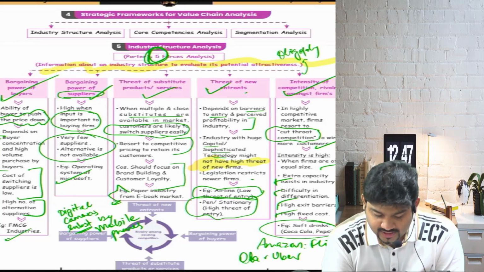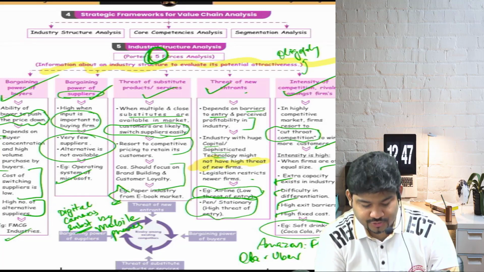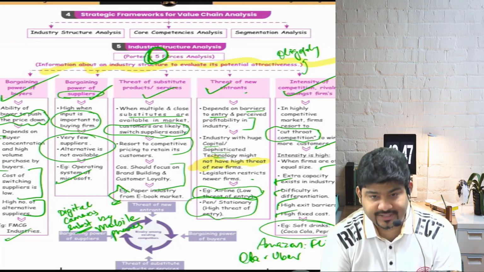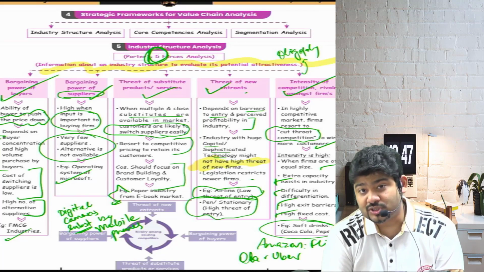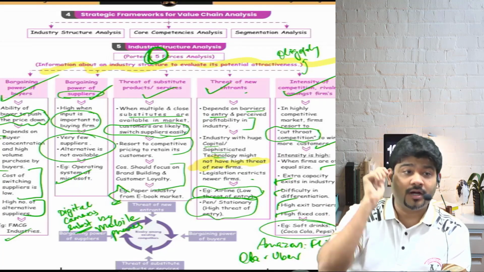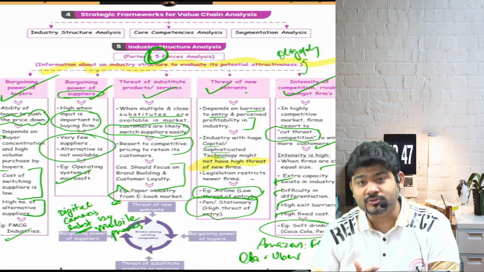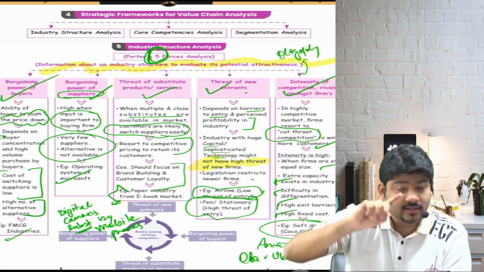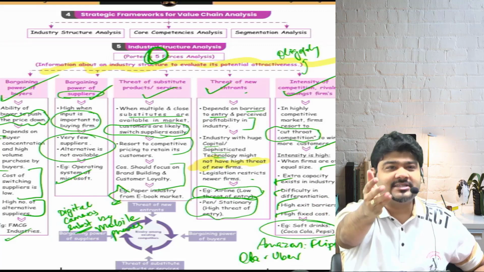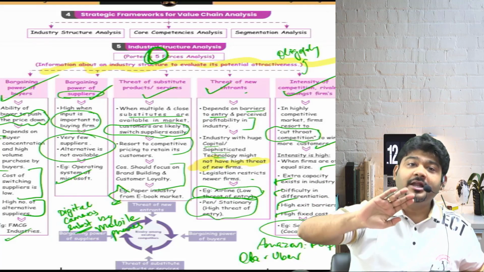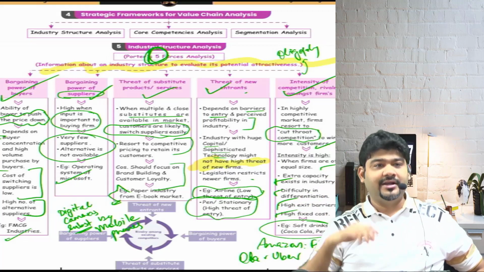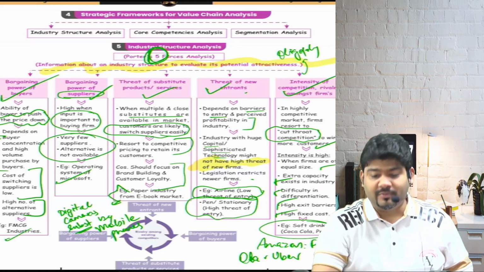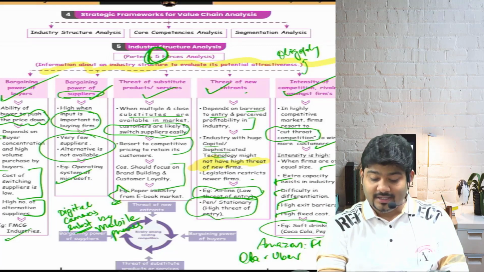So bargaining power of buyers is clear to you. Bargaining power of suppliers is clear to you, with the example of the operating system of Microsoft. Threat of substitutes is clear to you. A lot of people get confused and feel a substitute is a competitor. Is a substitute a competitor? No. Substitute means a totally different industry which is taking over your industry. The example is digital cameras substituted by mobile phones, paper industry substituted by the ebook market.